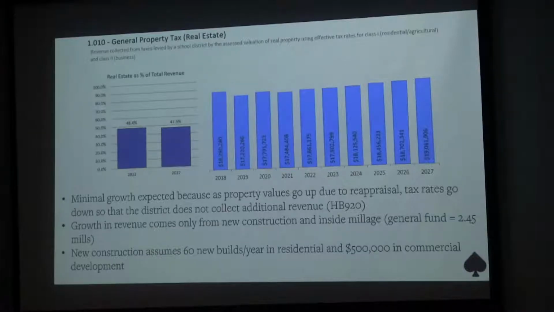House Bill 920 is the House bill from the 70s that created levy cycles. It's the only reason you have to come back every 3 to 5 years or beyond, because we don't get growth. That created the levy cycles we have today. The state of Ohio is the only state in the United States that has that bill in place, which does not allow property taxes to grow with inflation.